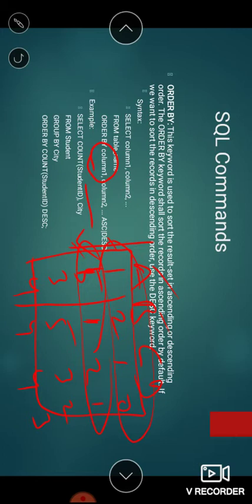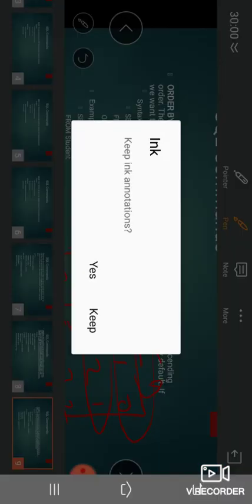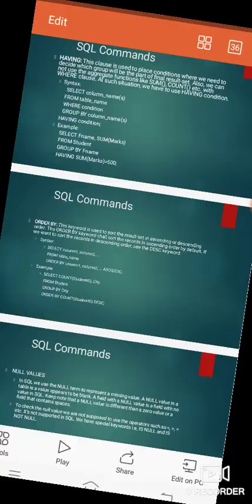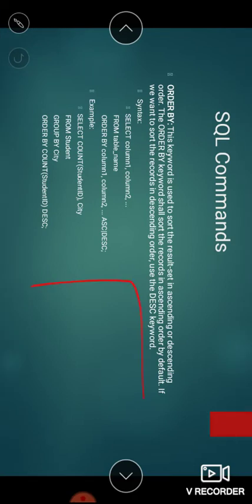So ORDER BY count of students. So what it will do, okay, let's take an example. Okay, this is a table.